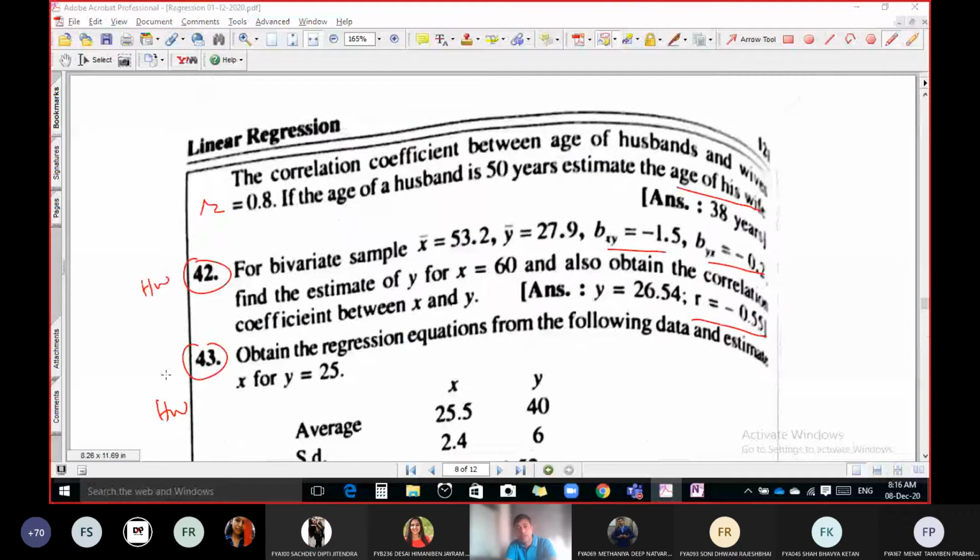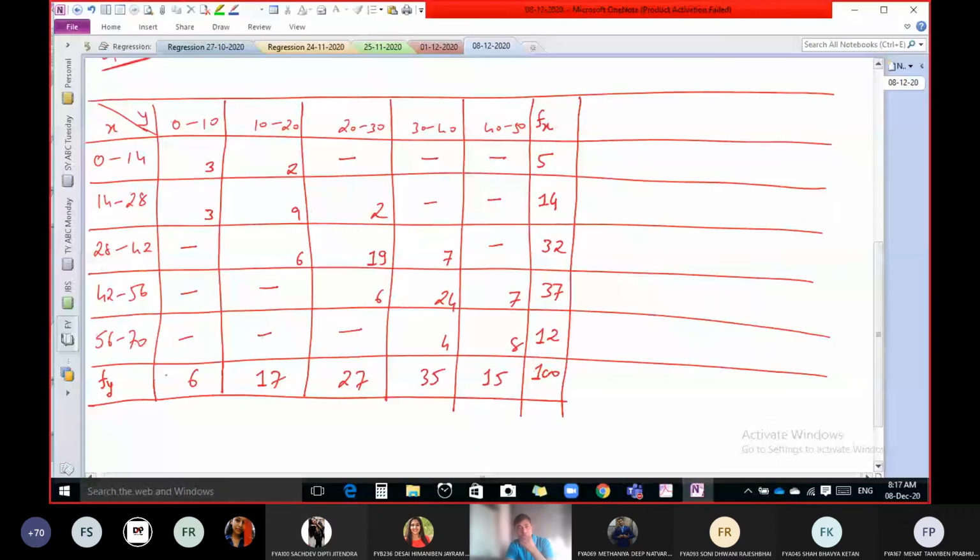Okay. Now the next step. Listen carefully. These are the values of x, but we know that these are in interval form. So just find out the mid value, and let us consider that as x only. You know how to find the mid value: add these two and divide by 2. So what we get? 7. Add these two, divide by 2, 21. Add these two, divide by 2, 35.